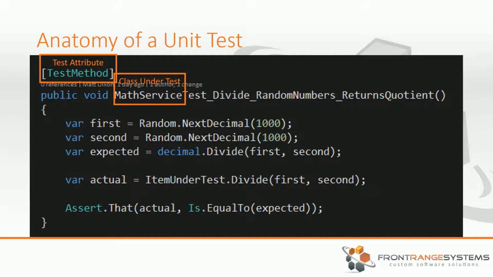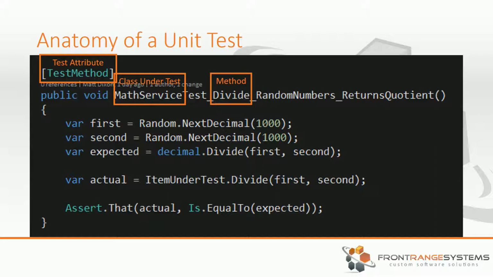And then you notice the method is separated by underscores. I use ReSharper. You can do the same thing with, I think it's called code snippets in Visual Studio. And you can create this so that when you have a little keyboard shortcut, you write a test, and it can let you add these things. So the first thing here is the class that's under test. Here it's the MathService. So if you notice it says MathServiceTest underscore, it just takes the current class name. And I follow the convention of suffixing Test on the end of that